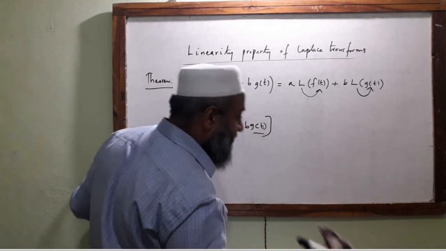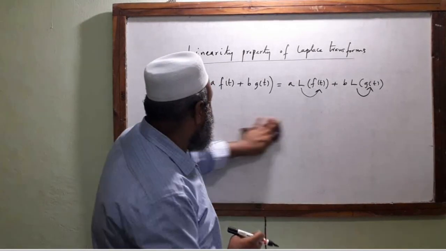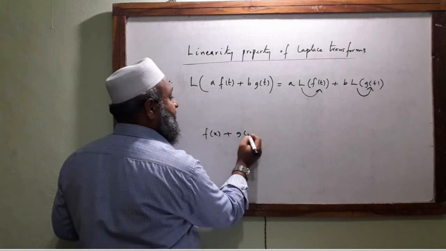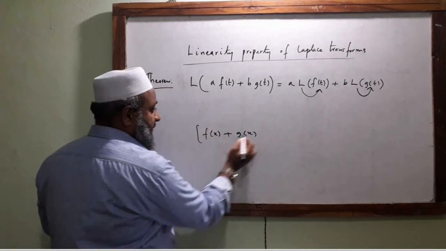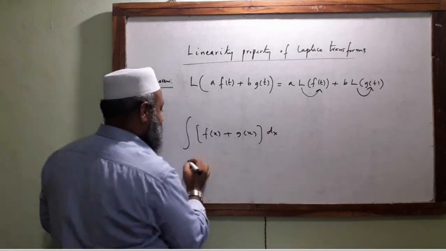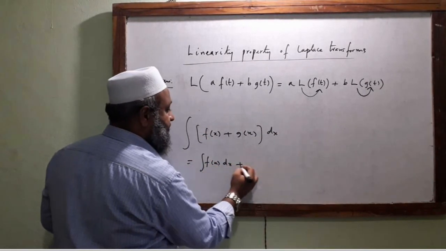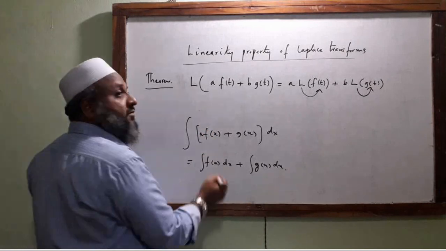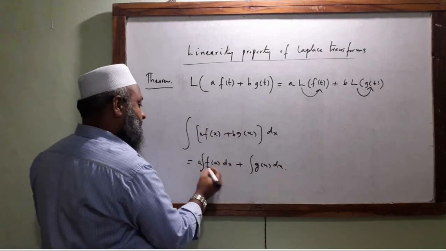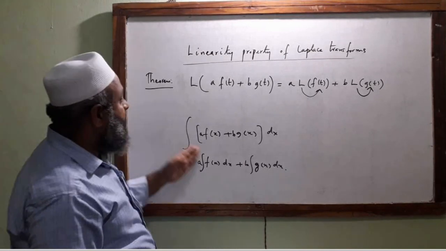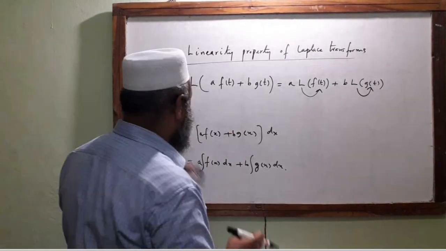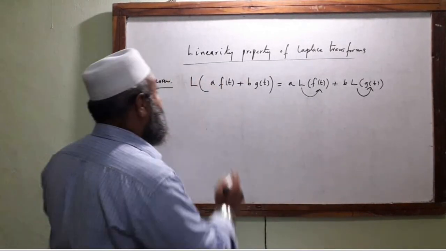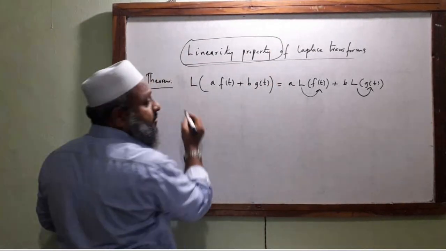It is just so simple because it depends upon the property of integrations. Now you are very well clear that if f of x and g of x are two functions, then the integral of this can be very easily separated. You know this property of integrals. And if I have some constants a and b here, then it can be taken in this way. You are clear about that? It's only depending upon that. Now let us see how it is. So it is the very fundamental linearity property of Laplace transforms.